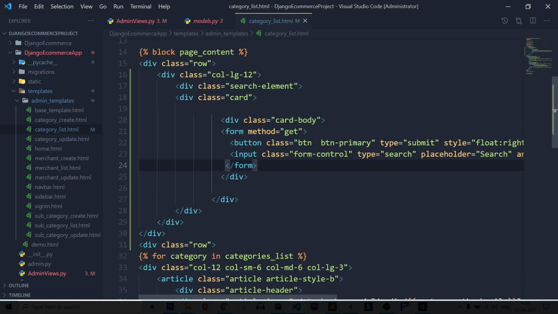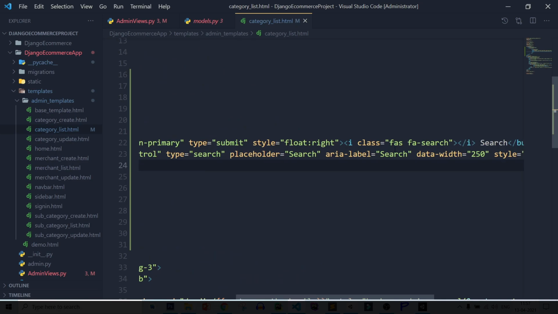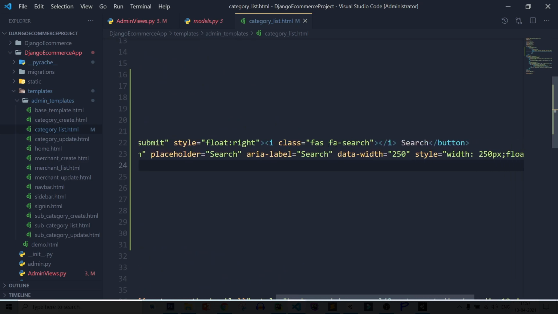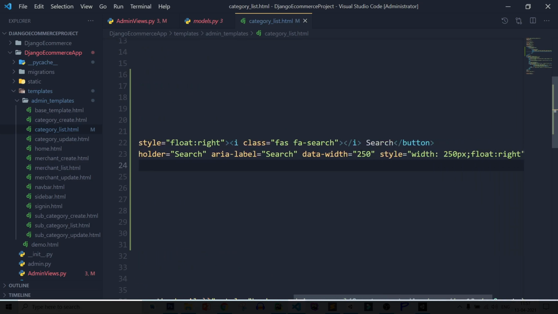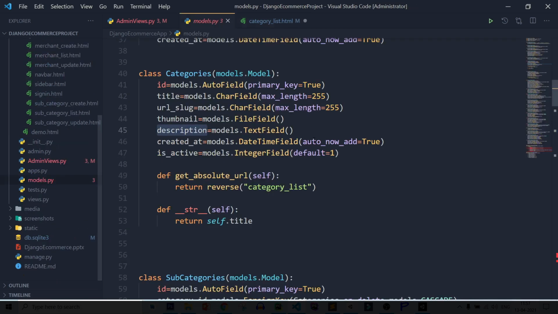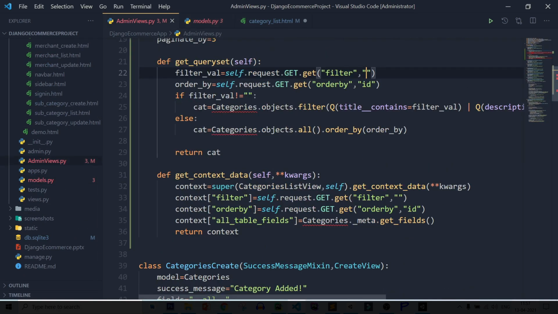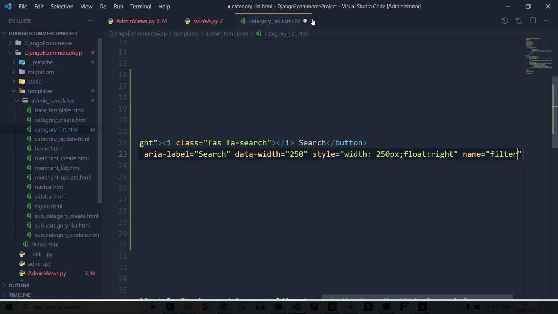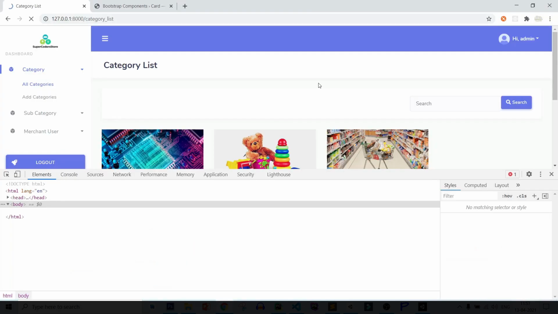After that, change this button name. So button and input name, adding an input name, name equal to, let's copy the name which I am passing. So filter, paste it, save it, refresh page.